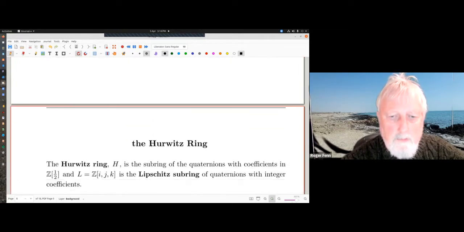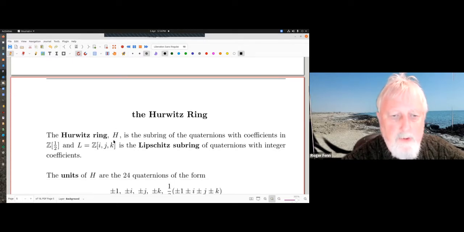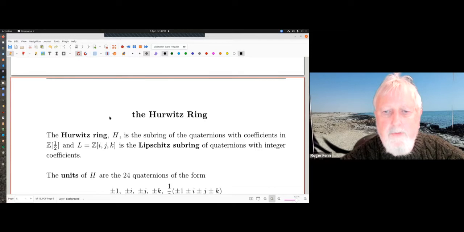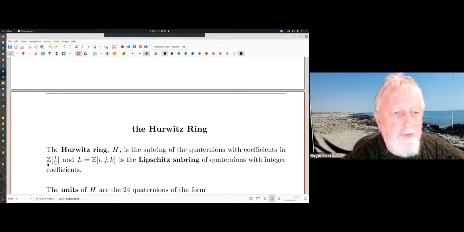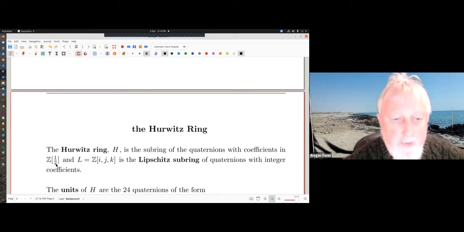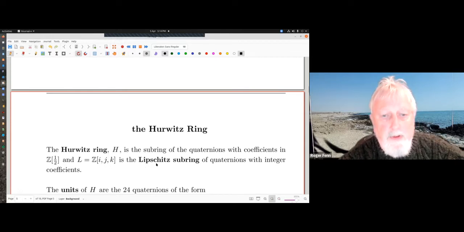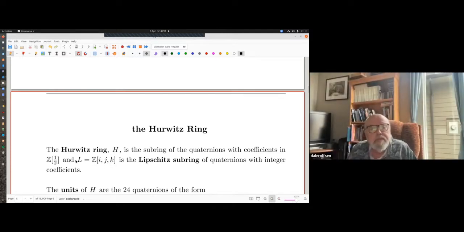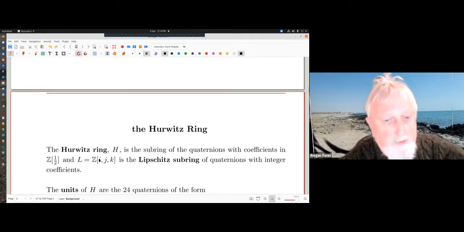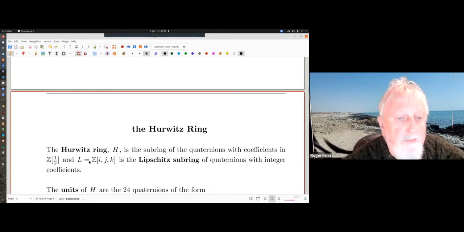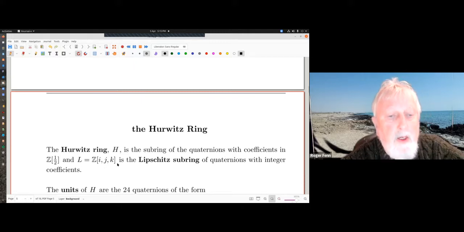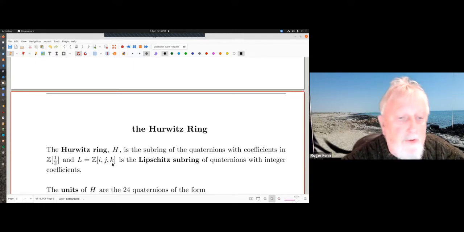Right. Now the Hurwitz ring H is the subring of the quaternions with coefficients in Z with a half added. Okay. L is just the Lipschitz subring where you just have integer coefficients. Now you might think, because we all know about the Gauss integers in the plane, and so you would imagine that L would be the logical generalization of the Gaussian integers, but